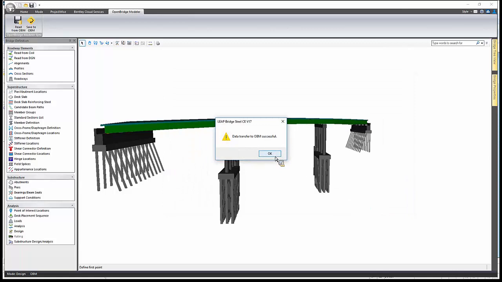Lets me know that that transfer happened okay. And now all I really need to do, I can just minimize this out of the way for right now. But again, at this point, there isn't anything you couldn't do here. This is a pretty complete model. Basically, we would just need to add cross frames, stiffeners, shear connectors as needed. You could define your field splices here. You could add appurtenances like barriers and medians in that,